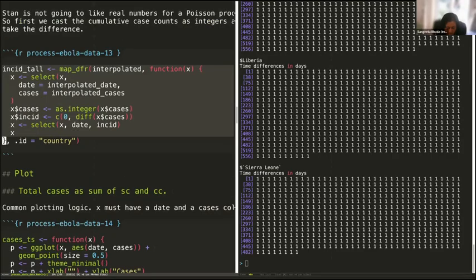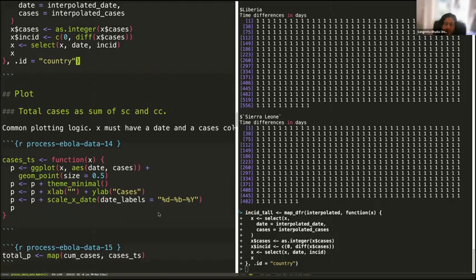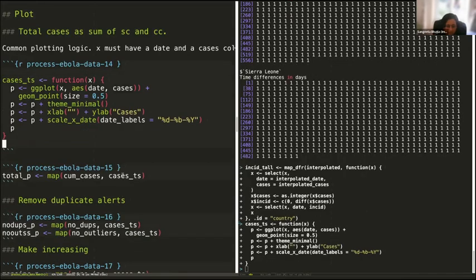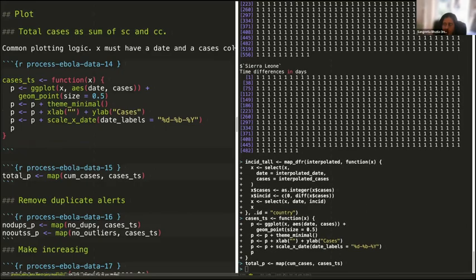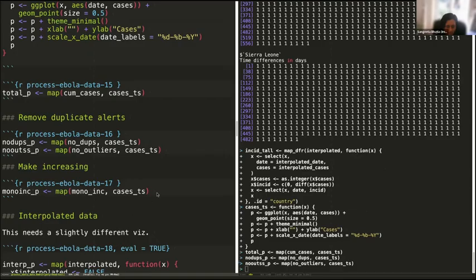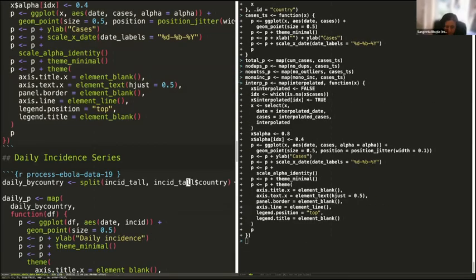Right, so I got these. Okay, so I have all of this. What I'll do is illustrate the figure that I showed you on the slide. This is just a silly function that I wrote to plot them in a sensible way. I'm going to plot each step of my workflow to see what difference it has made to my data set. So let me just plot all of that. Okay, so now,